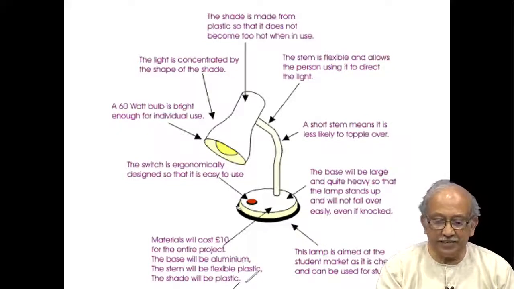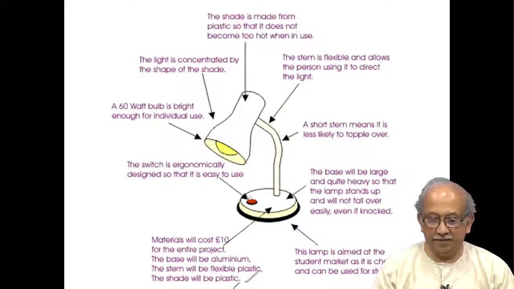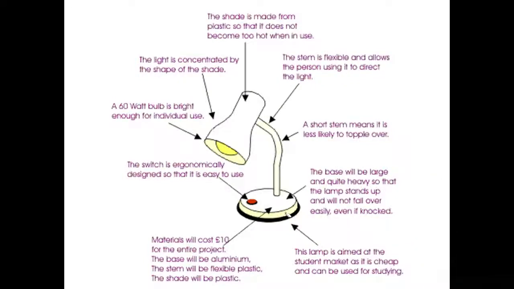So suddenly things get clearer and clearer as you see. As it is pointed out, there is a black thing here, probably a black rubber which has been added subsequently. Weight is one thing, the base will be large and heavy, and this small anti-skid rubber will probably enhance the product much beyond normal usage. So sketching helps us in trying to communicate and also clarify our own ideas.